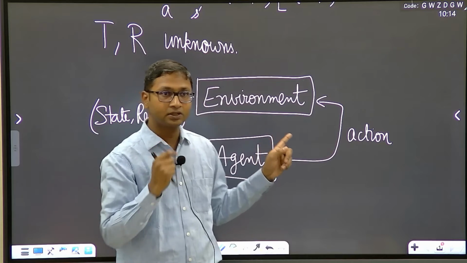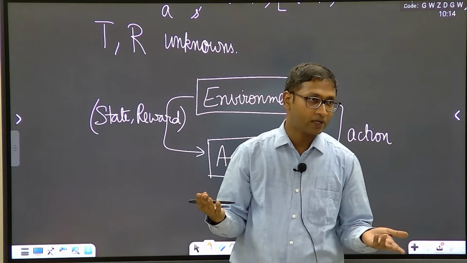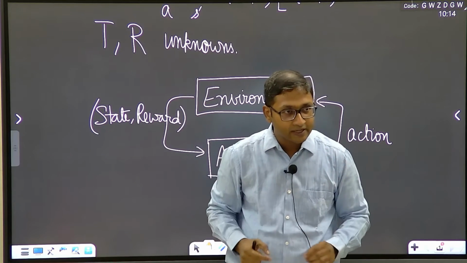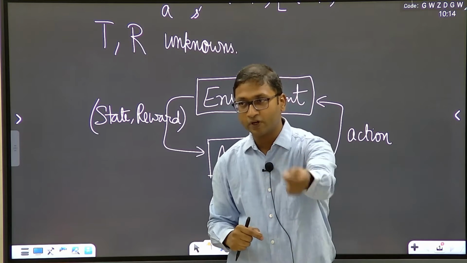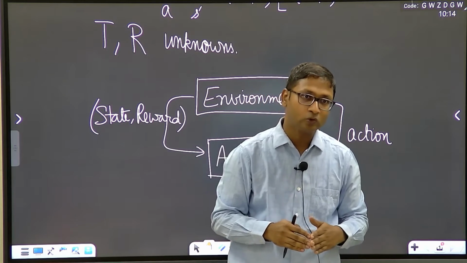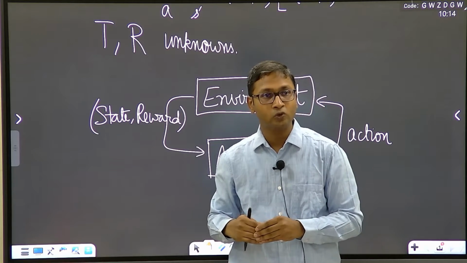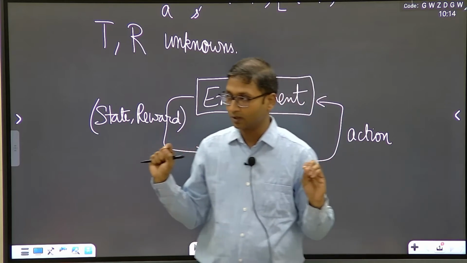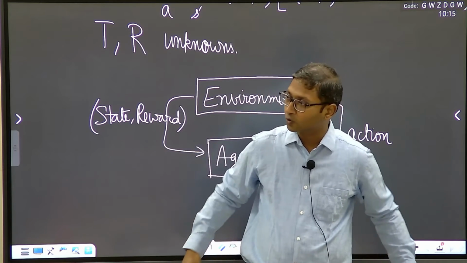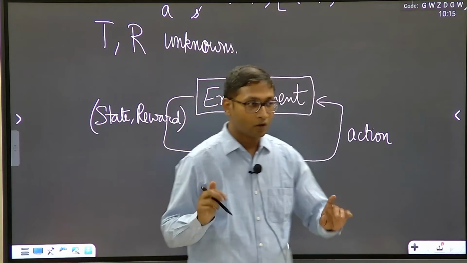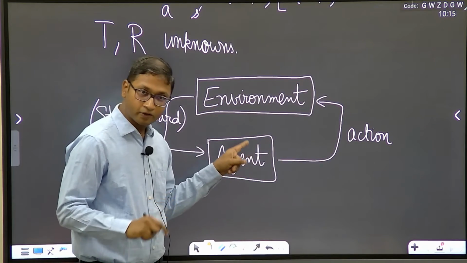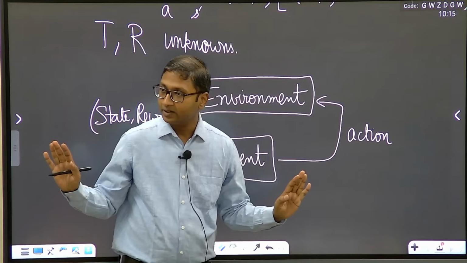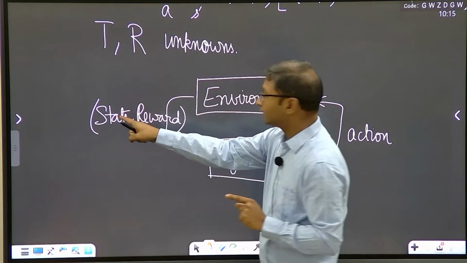In this case, what was the case? We had modeled it this way: if I take north, if I take a way forward, with probability 0.8 I will go forward, with probability 0.1 I will go to left, with probability 0.1 I will go to right. This is how my environment is. I have no control over that, and there was 0 probability of going backwards. Now this was my environment responding. If I am an agent and I take action forward, I have taken my action, now the environment will decide where I go.